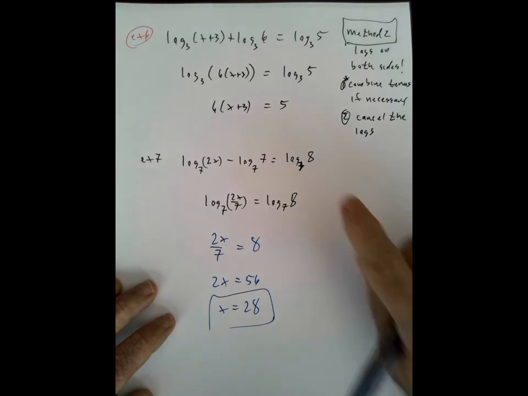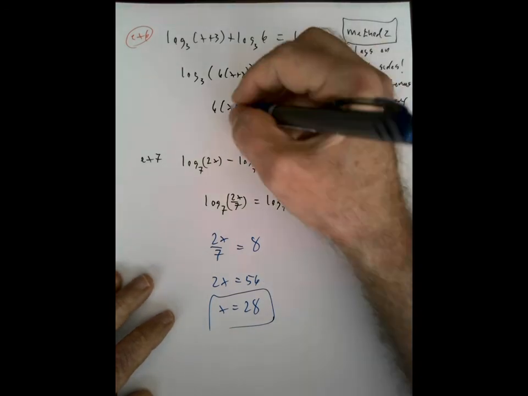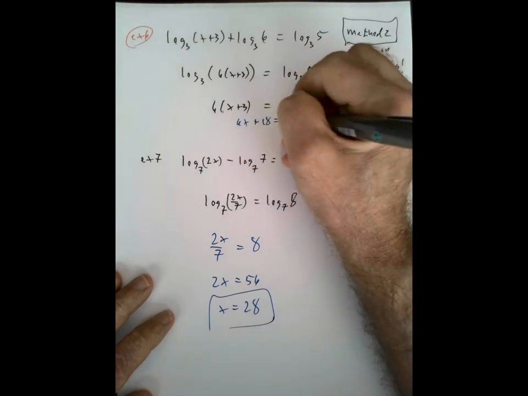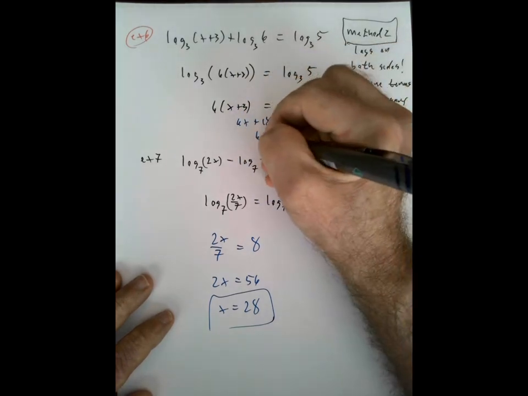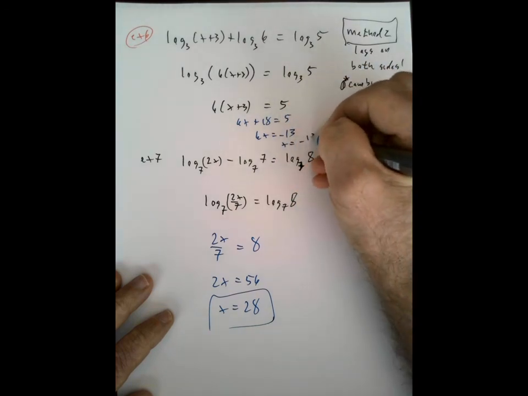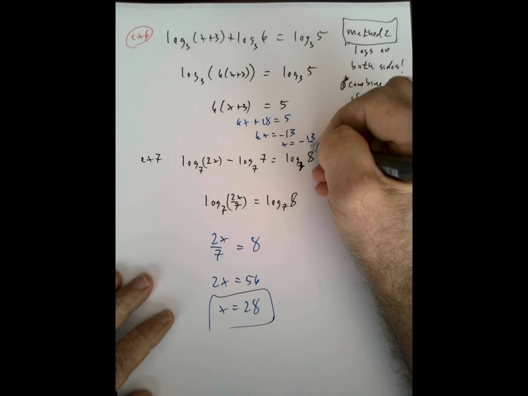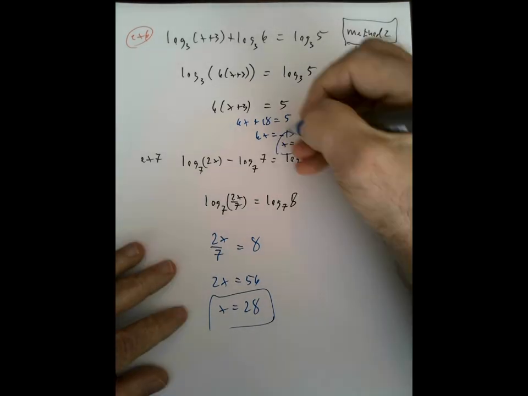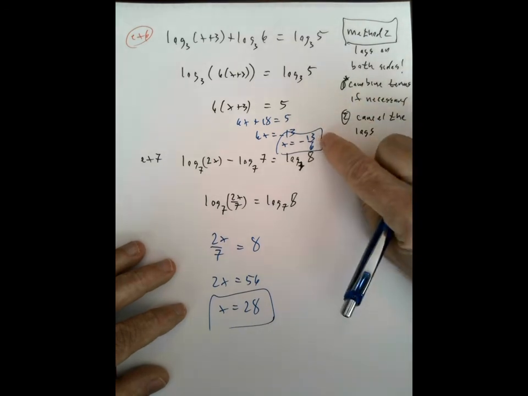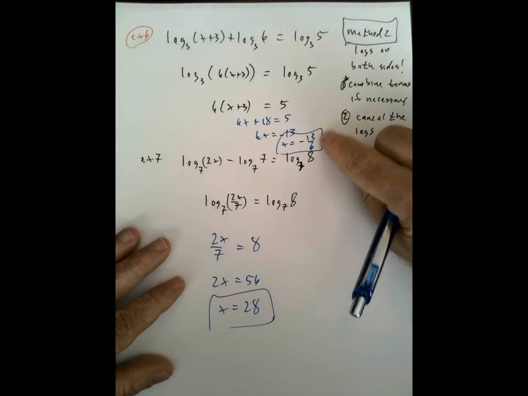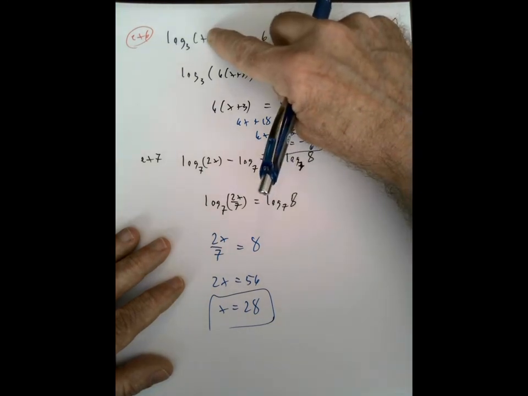Oh, and wow, I didn't even finish solving that top one, did I? Interesting. 6x plus 18 is equal to 5. 6x is equal to negative 13. x is equal to negative 13 over 6. Should have done that one. Sorry. That's negative, and you're thinking, oh, we can't have a negative answer. But we can, because if we put negative 13 in for x up here,